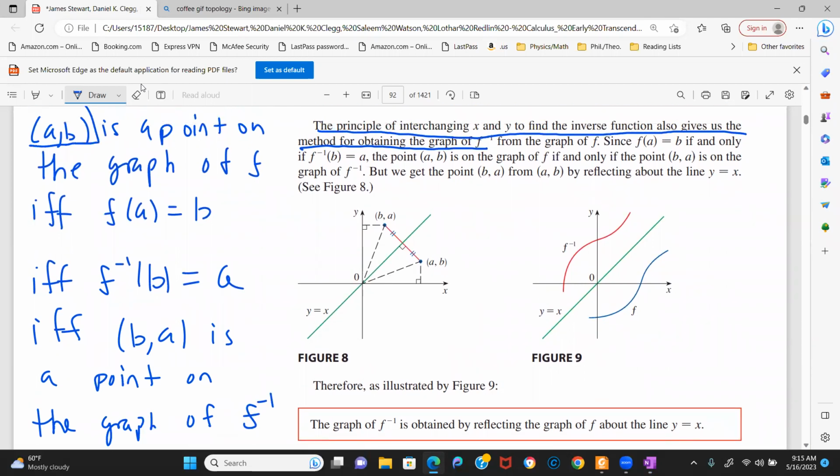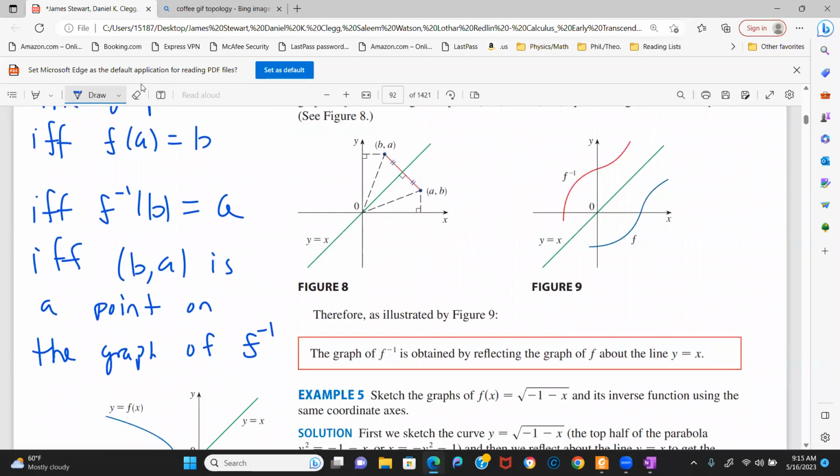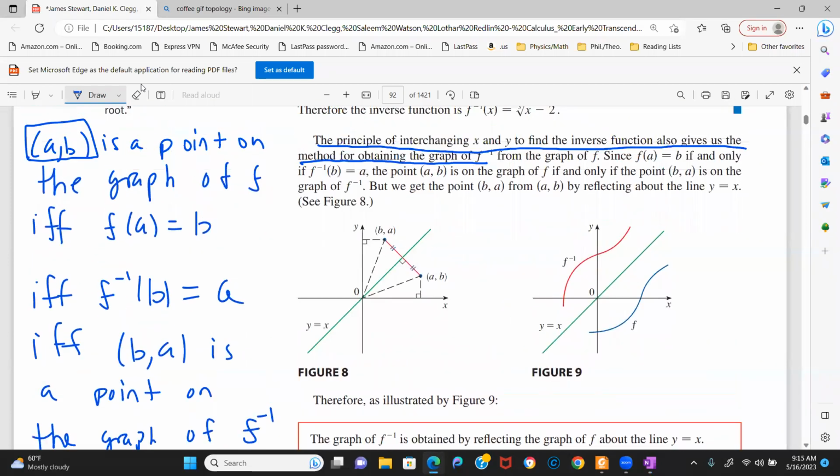So a comma b is a point on the graph of f if and only if b comma a is a point on the graph of f inverse. So in other words, if you draw this diagonal line right here in green, you have this point a comma b right here, and then b comma a will be over here, and that's just exactly the reflection. This point right here, b comma a, is the reflection of this point over the line y is equal to